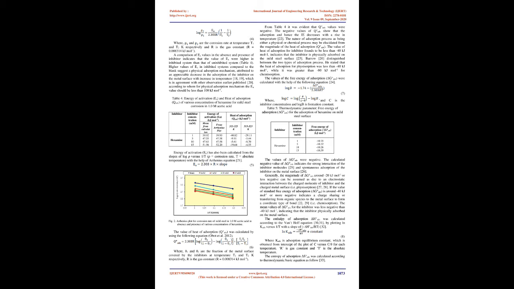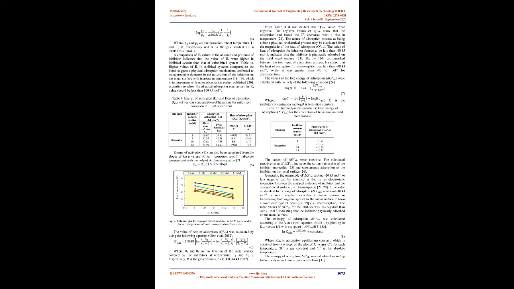B. Weight loss measurement. For weight loss measurement, the MS specimens were each completely suspended in 230 ml of 0.5, 1.0, 1.5, and 2.0 M acetic acid solution in a beaker of volume 250 ml, with and without hexamine as inhibitor having concentration of 1, 5, 10, and 15 mM at room temperature of 303 K, for 24 hours. C. Surface cleaning of test specimens. After the exposure period, to remove the rust the MS test specimens were cleaned with Clarke's solution, followed by distilled water, then washed with acetone and dried with an air dryer. From the weight loss data, corrosion rate, CR, was calculated.